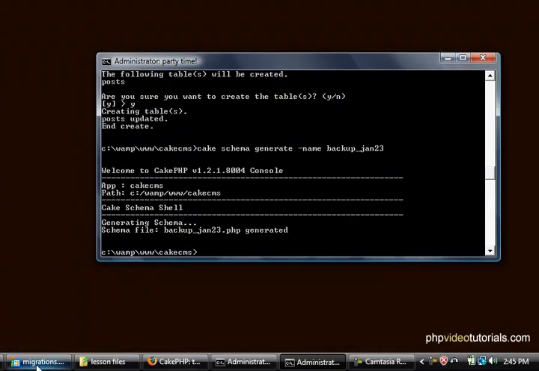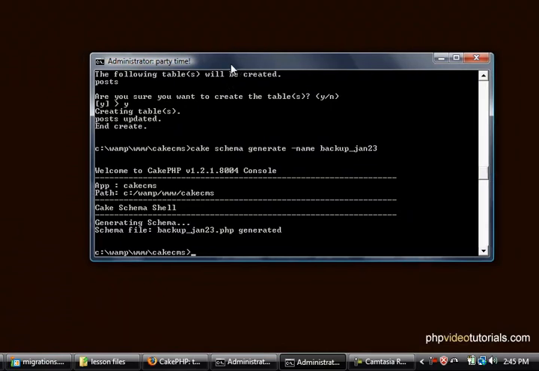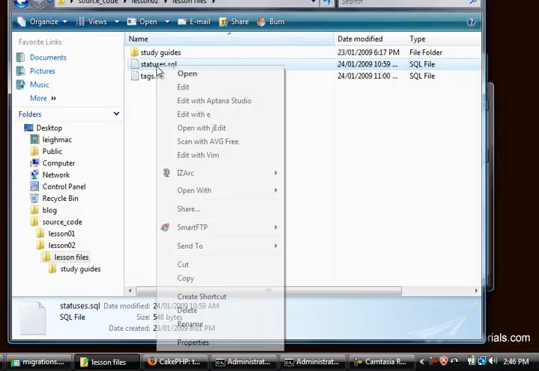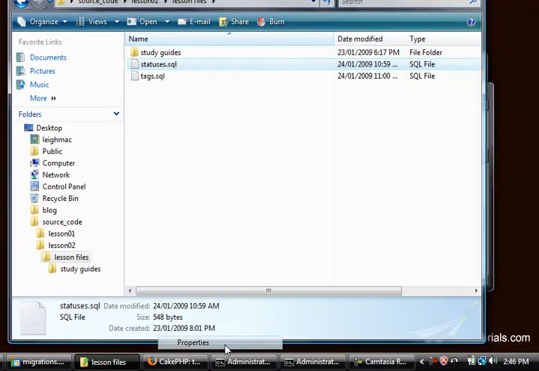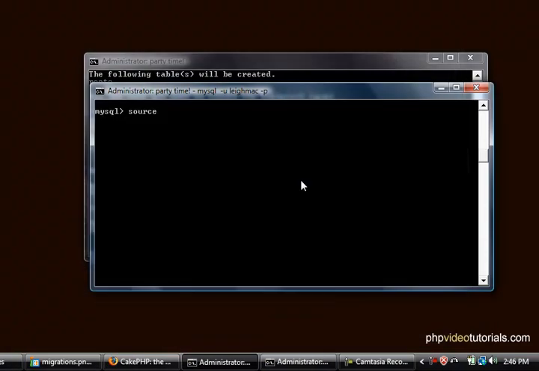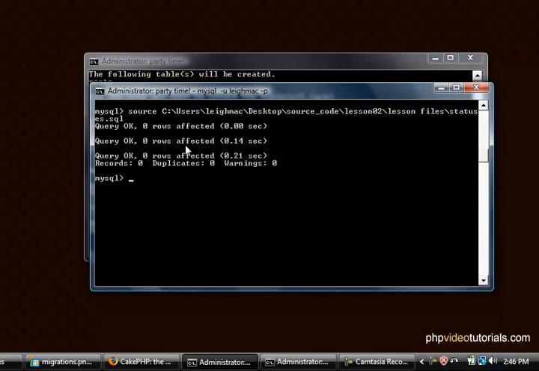So the first thing to do a migration is to come into our MySQL and say source, and we'll get the location. In lesson files, we just want to grab the SQL here, properties or statuses. Copy all that. Don't worry too much about the changes right now, it's all about the migrations. So we just hit SQL, and that just did a few changes to our